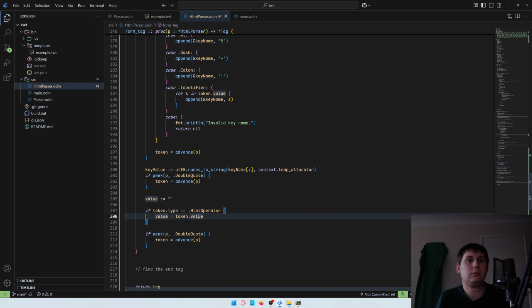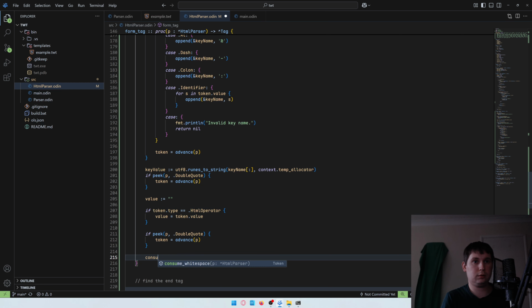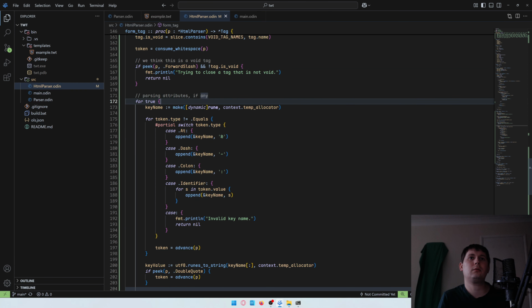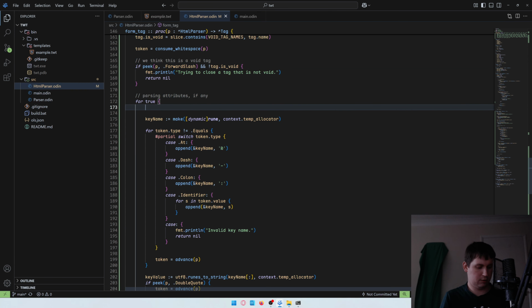Now, when we get to this point, we'll consume white space. When we get to this point, what I'm going to do now, so every time we iterate over, we're going